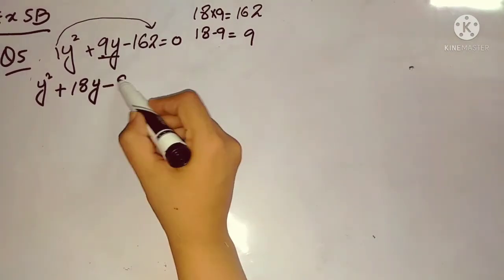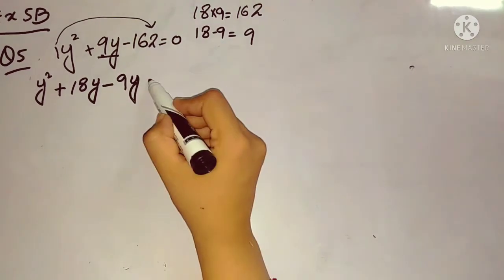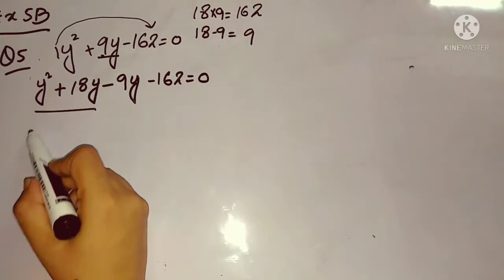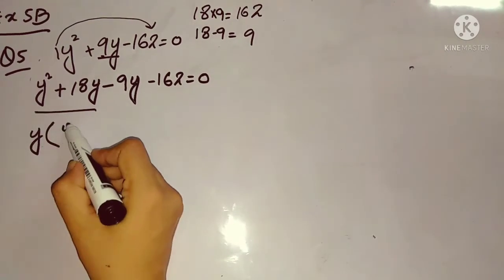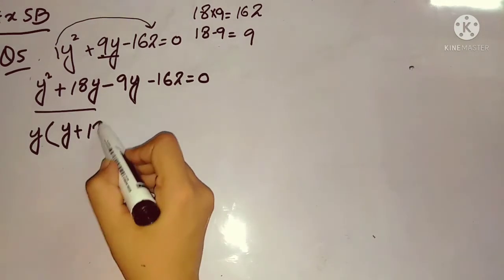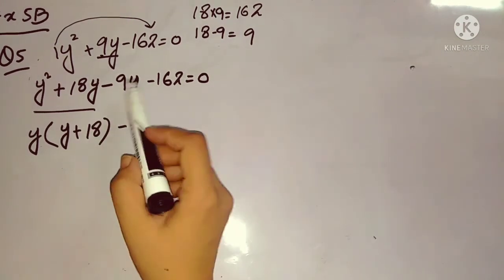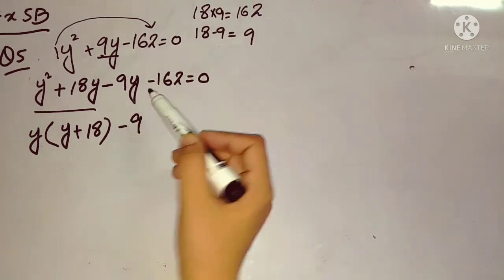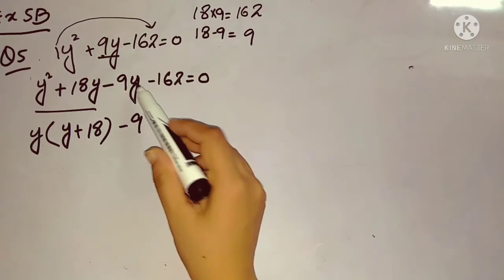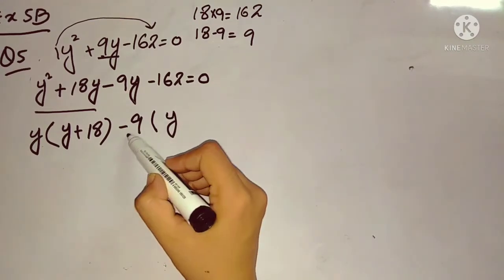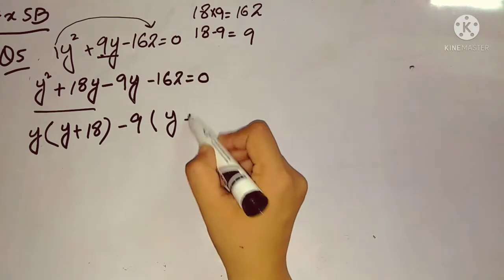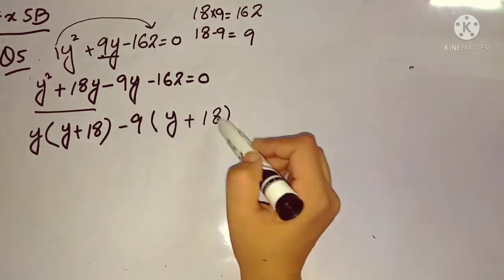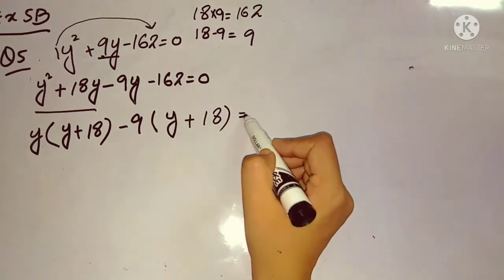I write down the first term as it is, then in place of the middle term, you will write down these two factors. Students, you have to follow the rules to write down the factors. First you write down the sign, and first you write down the bigger factor. The bigger factor is 18, so first you will write down 18. Now you have to choose the other sign to get this 9. If this is plus, the other sign should be minus, because when you subtract 9 from 18, you get 9. Now write down the last term as it is, equal to 0. What's common from these two terms? As you can see, y is common, so take y common. As this y is square, 1y is left and plus 18 is left.